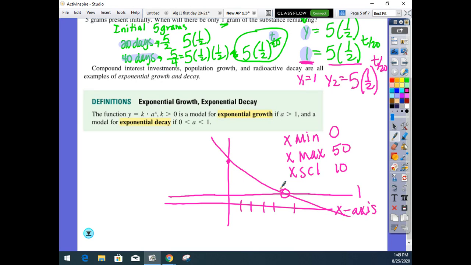Now, you could have graphs that intersect in multiple places, so it will always ask you which intersection point you want. So your goal is you want to just move the cursor to be close to this intersection point. Then, kind of hit enter a few times, and you should hopefully get 46.4385. Okay. So that's when this graph will have 1 gram remaining, in approximately 46